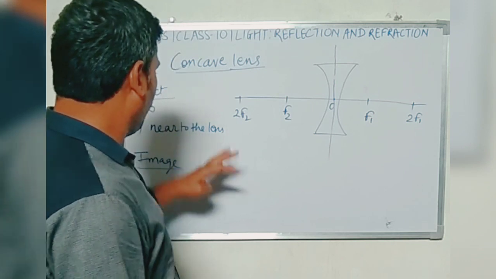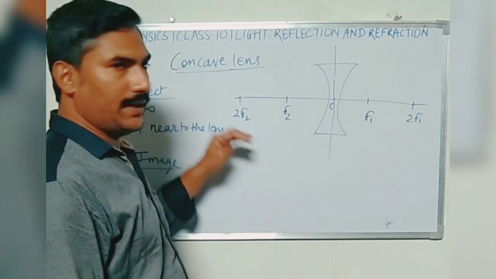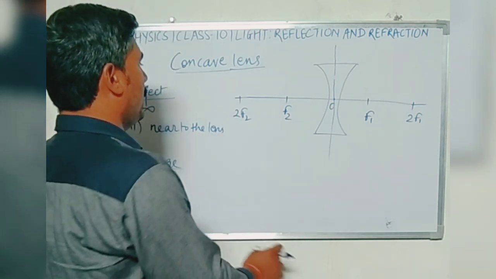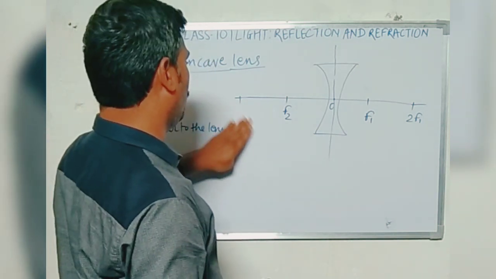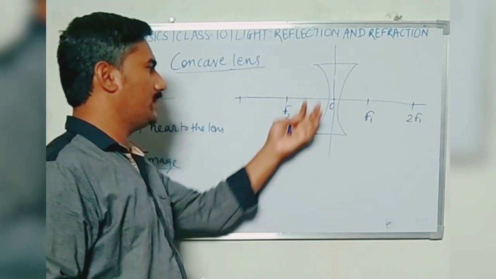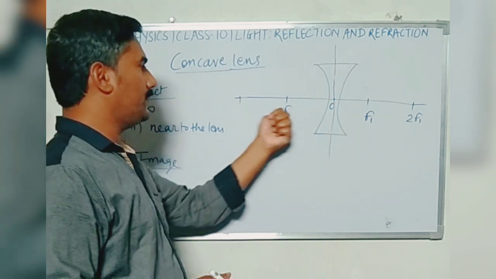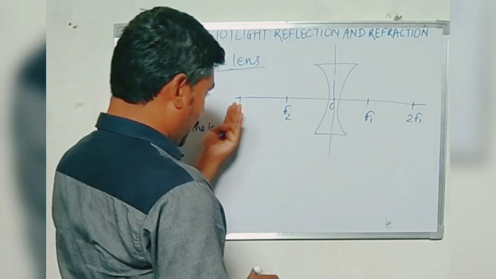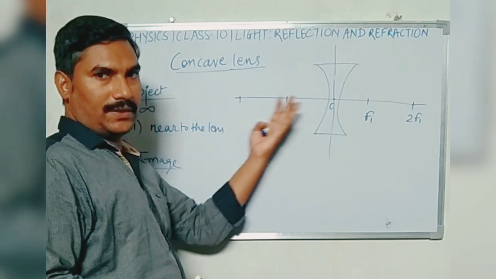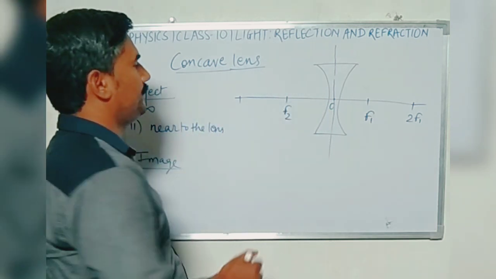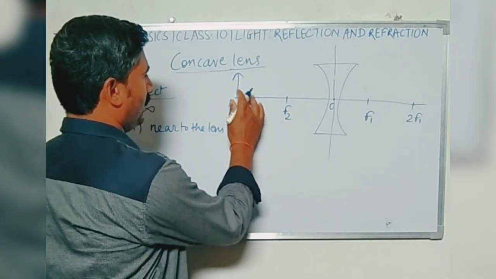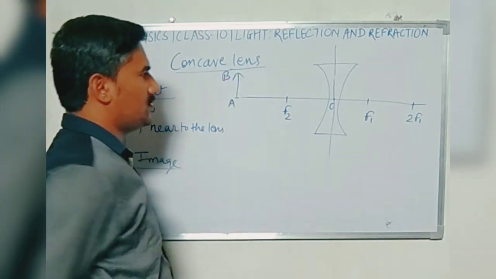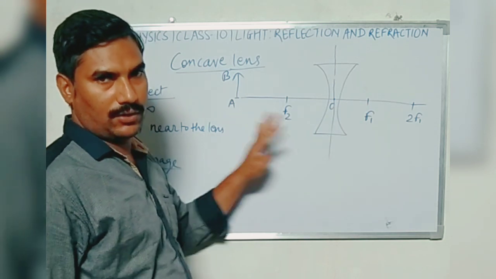So we will discuss when the object is placed near to the lens, and when it is near to the lens, just forget about 2F2 or any other point. Just remember one thing, that it is optical center, and any object which is near to the optical center will be the case. So suppose we have an object of height AB placed in front of the concave